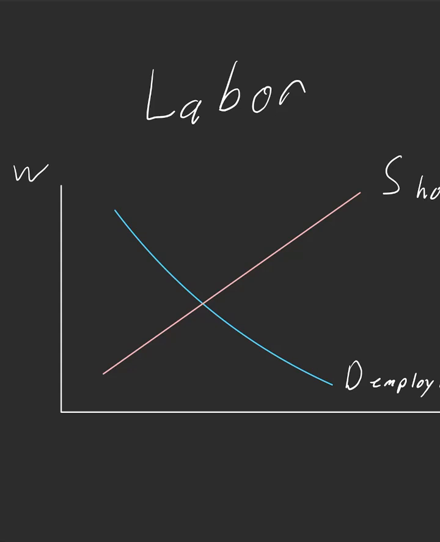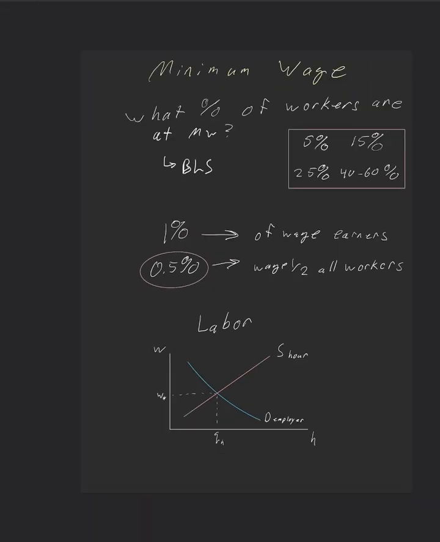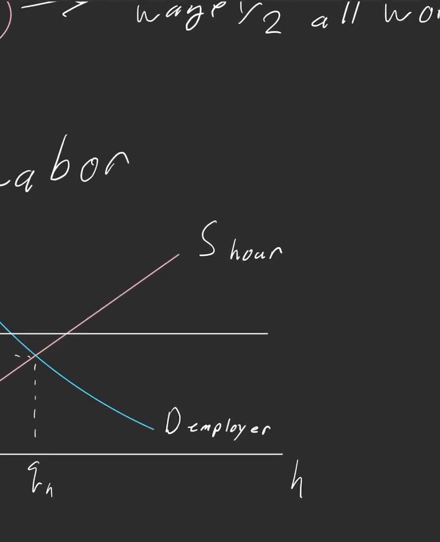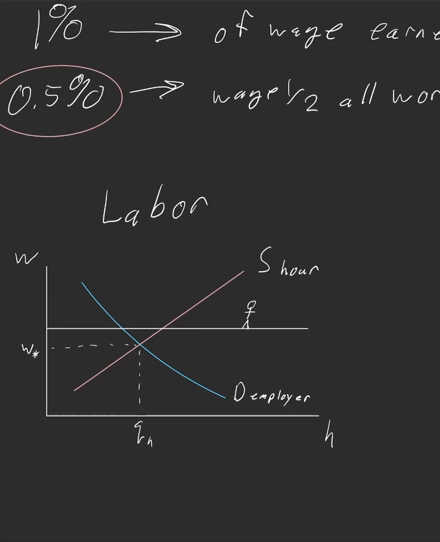Okay, so let's look at this market. There's, of course, straightforward market analysis. We'll get a certain quantity of hours provided at a certain wage. Now we install a minimum wage. What happens? Well, if we remember, right, minimum wage is a floor, can't go below that. It holds things up, right? So gravity wants to pull that down, and so we've got minimum wage now. So what's the effect